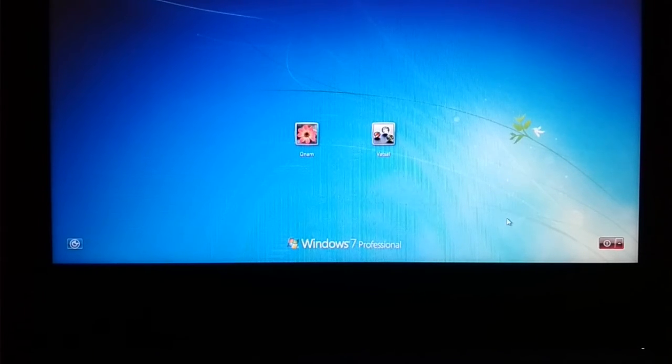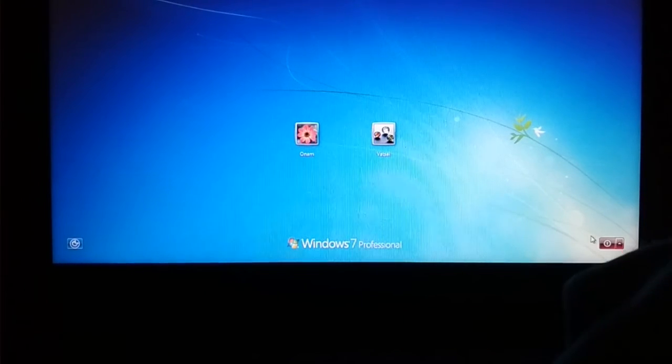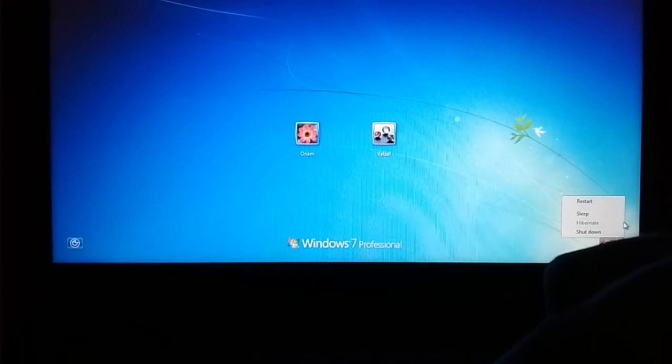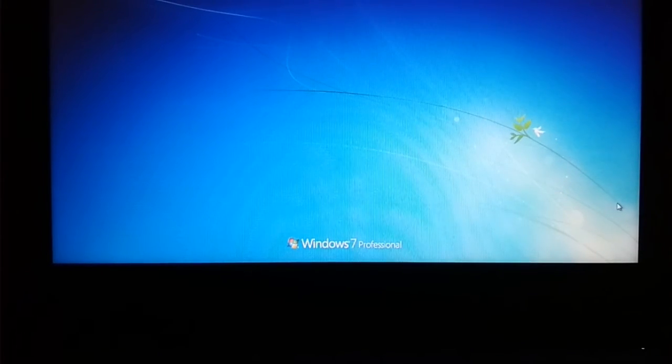So the way to do the system restore is just restart your system, and when the system restarts, just press the F8 key, or function along with the F8 key, whatever is working fine in your system.